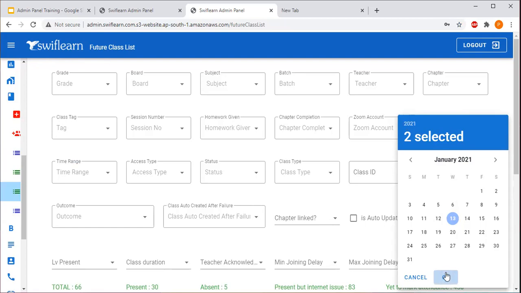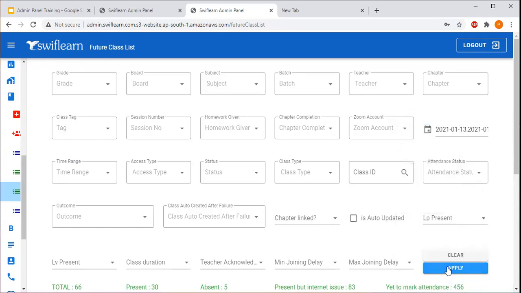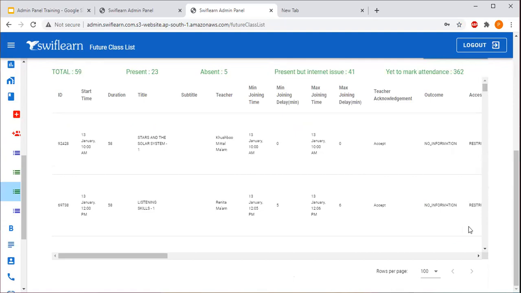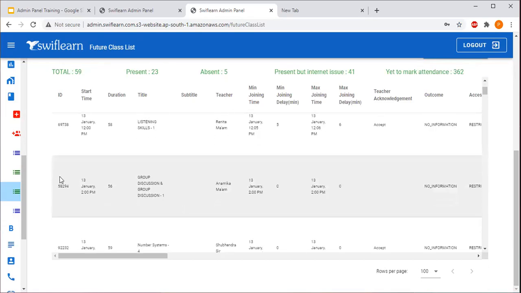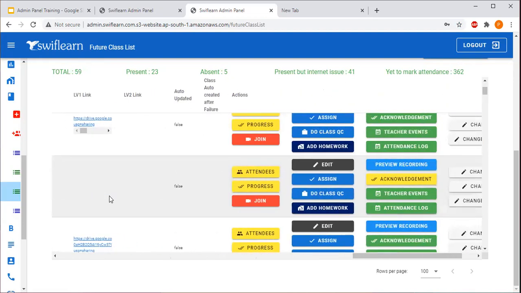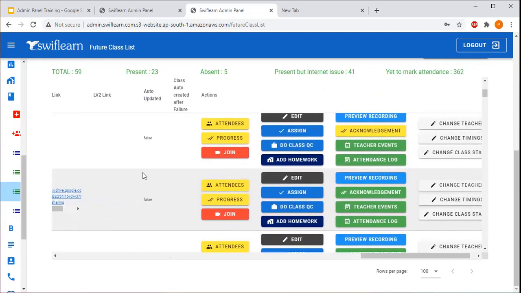Once you click on the OK and apply, after that, from this gray bar, drag your dashboard down like this. Once you have done that, here in the dashboard, you will be able to see today's classes. So these are the classes. Now from the class ID, just find out for which class you want to mark the attendance. Marking the attendance is very important. After the class, teachers have to mark the attendance.